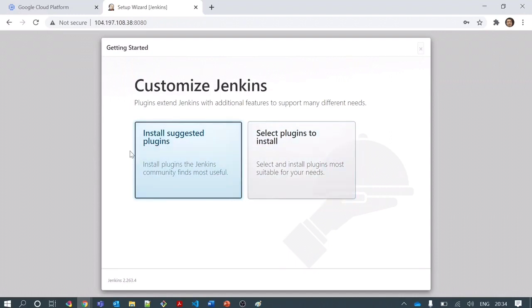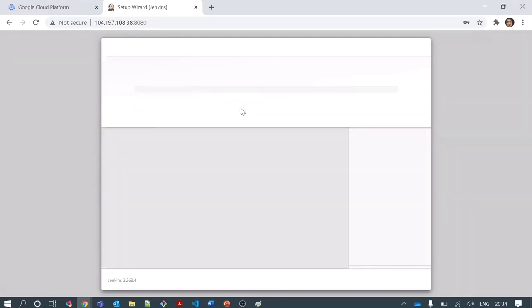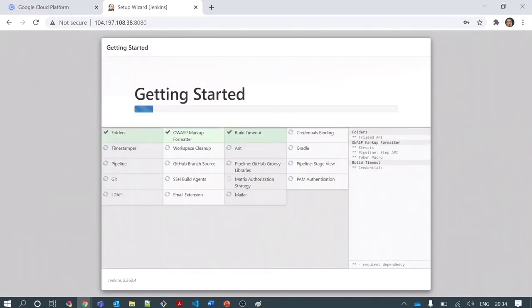Once I click on install suggested plugins, it will take me to the plugins page. See, this is getting started and it is fetching all the required plugins. These are all basic plugins that are required to run basic jobs on my Jenkins server.